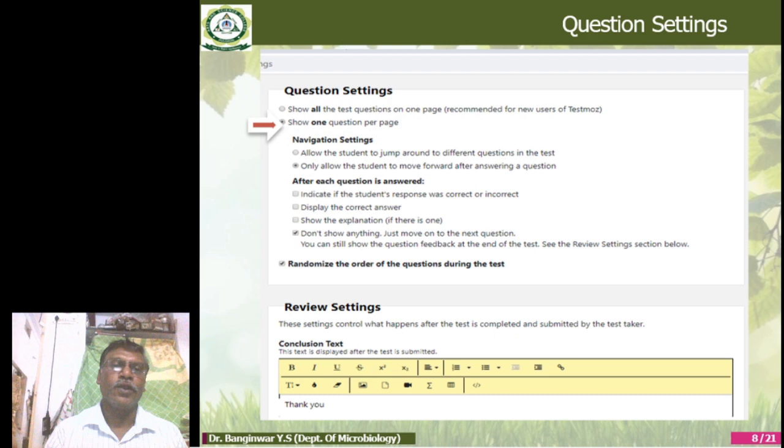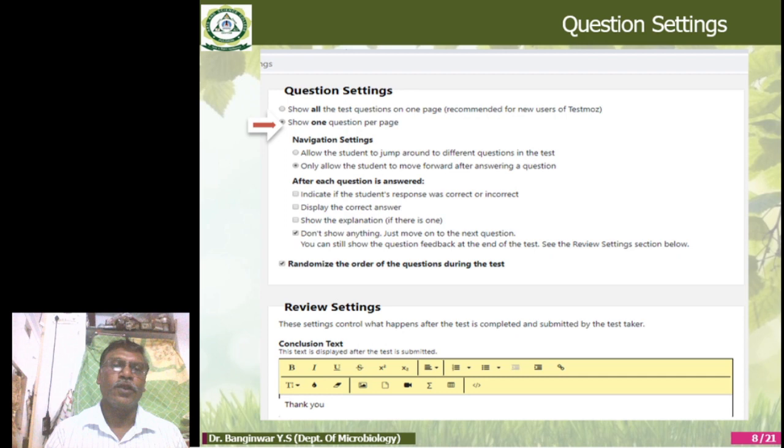Now how much time do you have to give to the test? So set the time. So I am selecting here 30 minutes of time, and the student should take only one attempt, okay. So here the teacher has the freedom to set the time as well as the attempts for the examination.